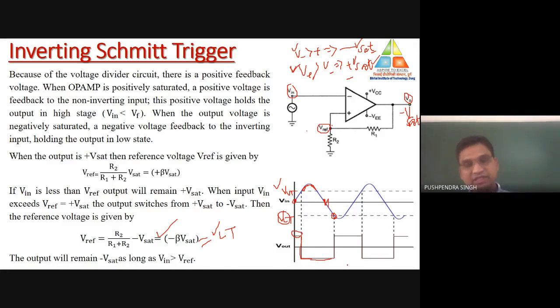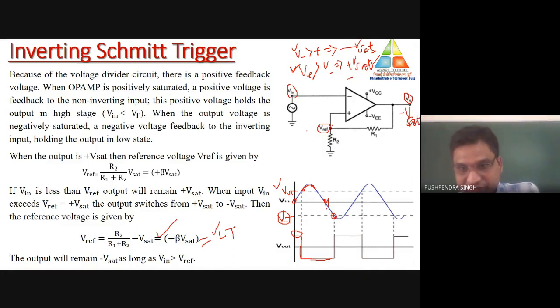So with the help of this Schmitt trigger circuit, you will get a constant voltage at the output. If the voltage is constant, there would not be any kind of problem in the circuitry which is connected at the output terminal of that particular source. So this is the advantage of this Schmitt trigger circuit.